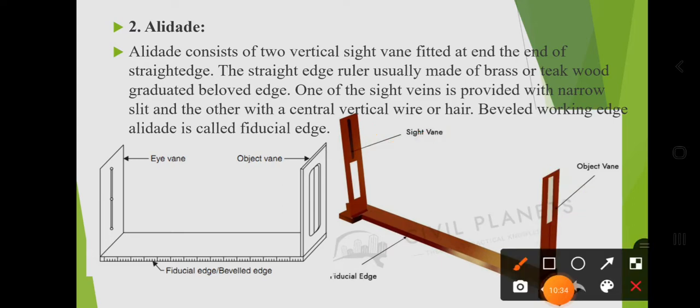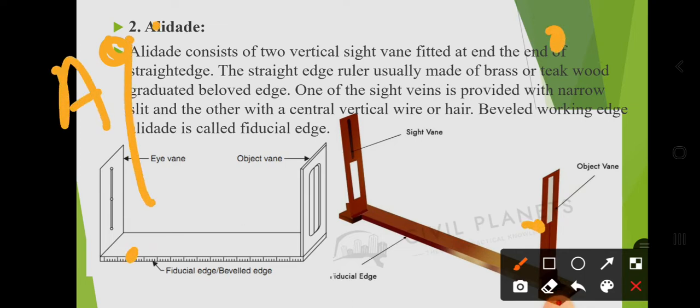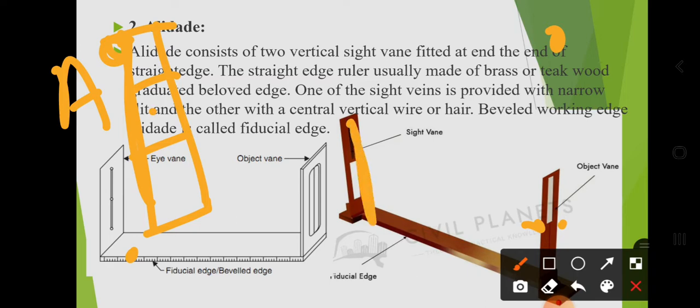This is a field, and in the field these are the corners A, B, C, D. And here a ranging rod is there. Then you look through this alidade in such a way that the ranging rod is at the center, and then the bisecting is completed, and then you draw the ray by bisecting the object.